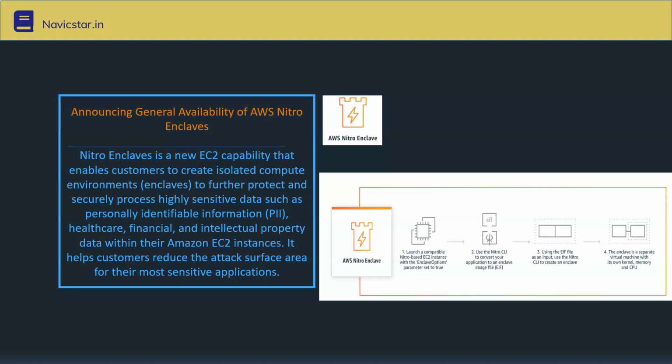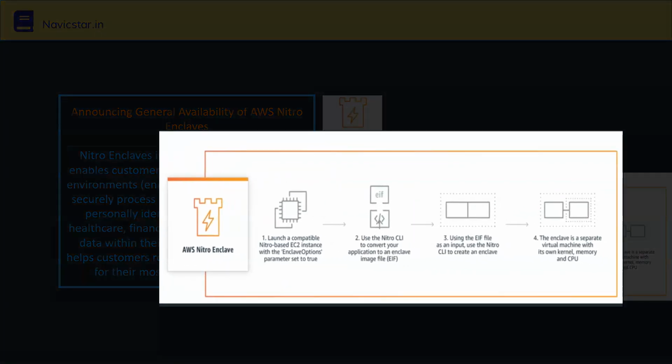When you create a Nitro Enclave, you have to define it, and it can be accessible only from that EC2, and that too using the Nitro CLI. You put all your application data as an EIF image file in the Nitro Enclave, which is a kind of virtual machine. It has a CPU and memory, and you put your secure data inside and access it using the Nitro CLI. There is an internal communication channel between your current EC2 server and the enclave.